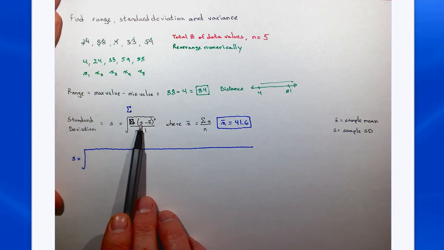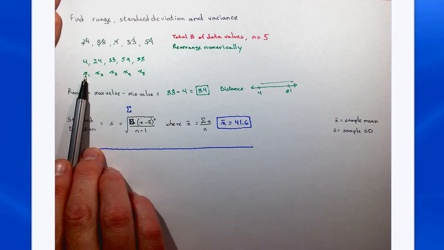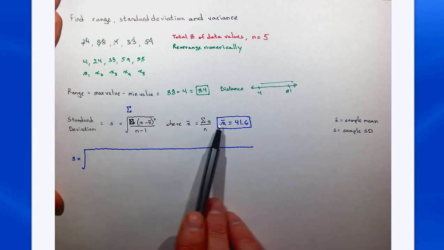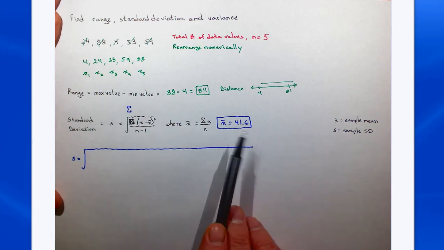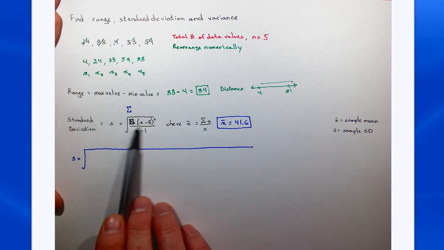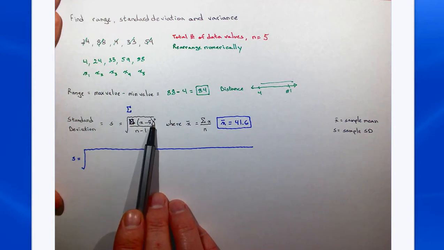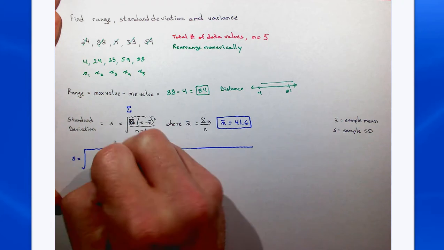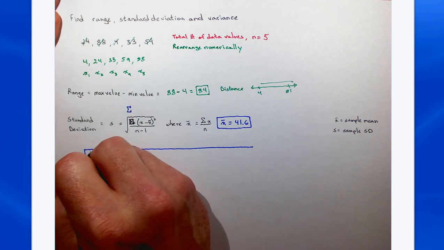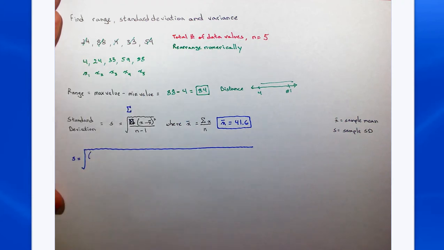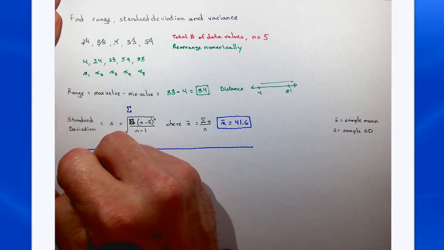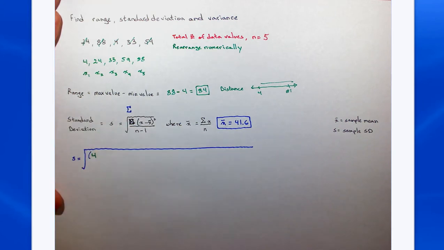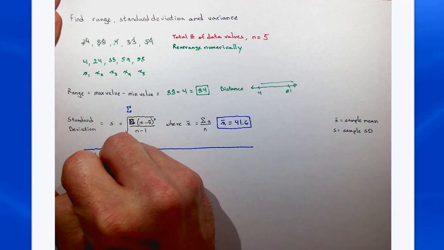So what I'm going to do is find the difference between each individual x and the mean, which I've already calculated for the sake of time. And then I'm going to find that difference, square them, and then add them all together. So this is how my problem will look. I will start with my first data value, 4, and I will write those in green so it stands out. So 4 minus the mean,